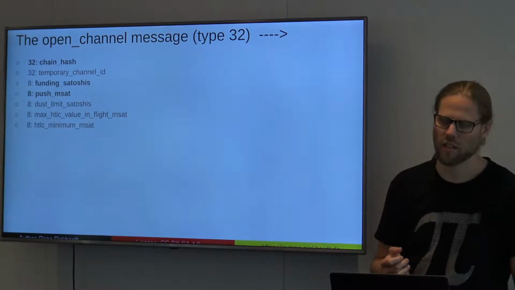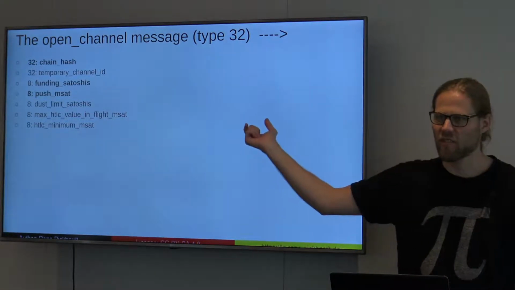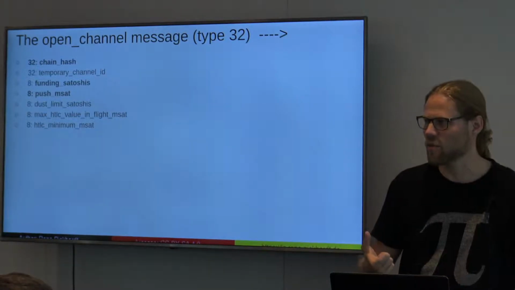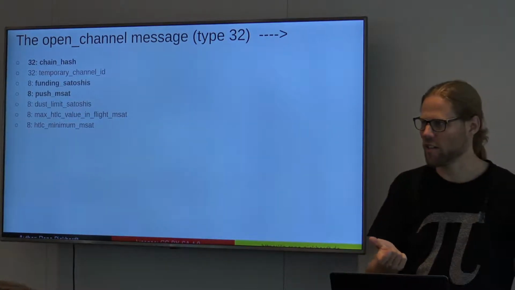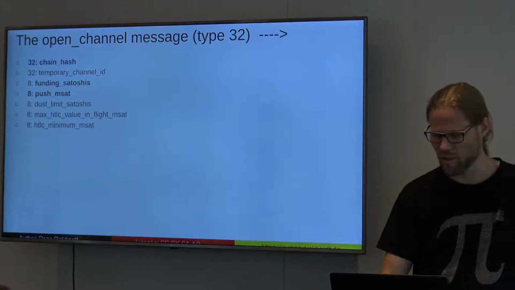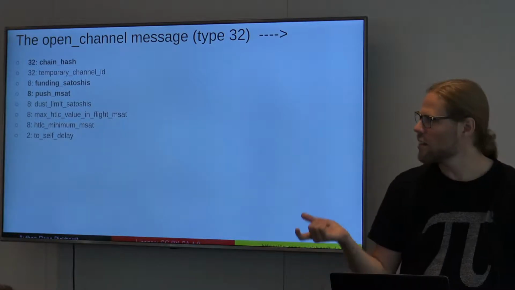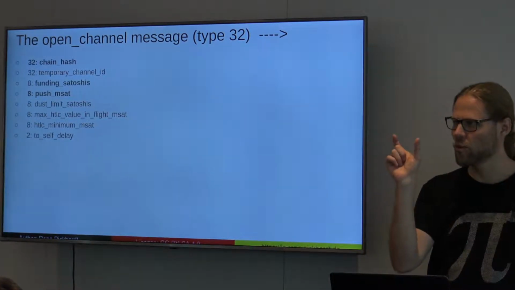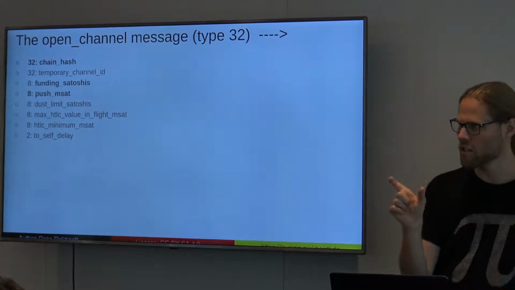And then the HTLC minimum MSAT value, as I said before, too small HTLCs might not make sense for you because when the channel breaks, you might lose these outputs because they are below the dust limit, so you can also set this here. Then there's the to_self_delay, which is basically the amount of blocks you would wait in your revocable sequence maturity